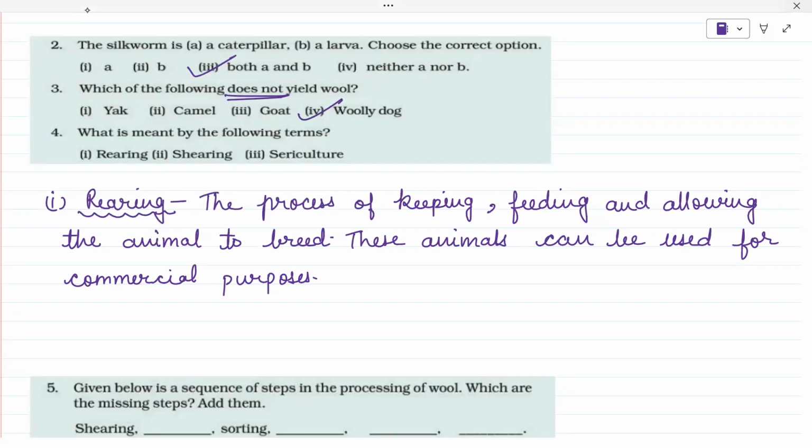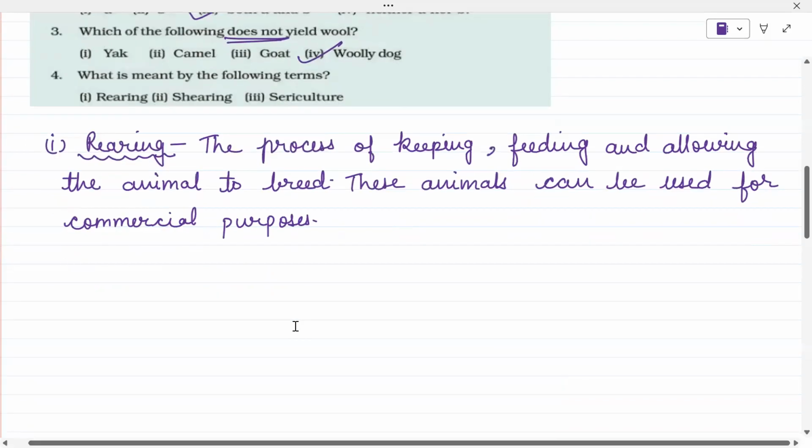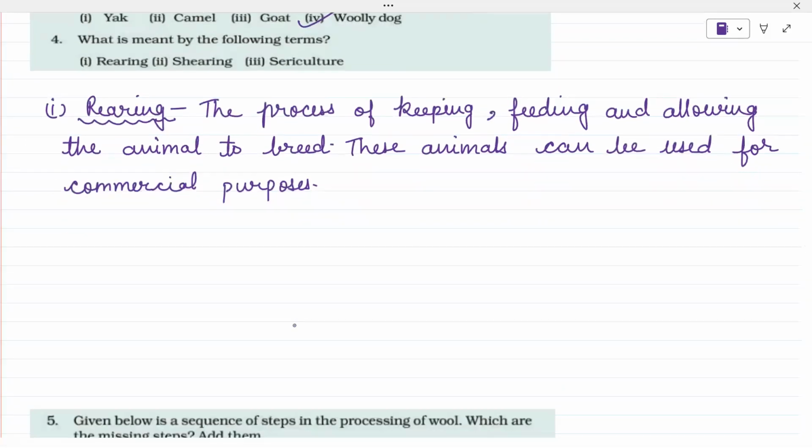Now, the second question which is written here is shearing. So let's see what shearing is. Second one is shearing. When we were discussing the chapter, we discussed that shearing is the process when we remove the fleece from the body of the sheep, right? So we can write down